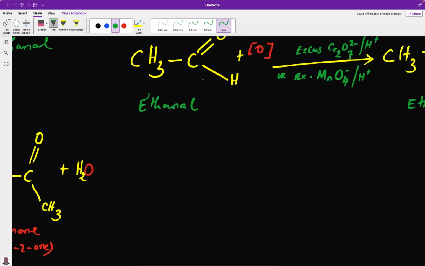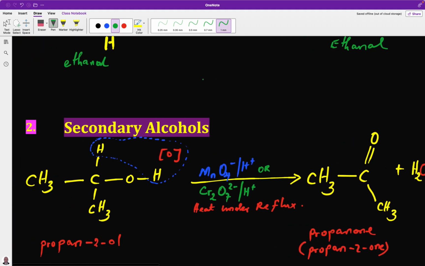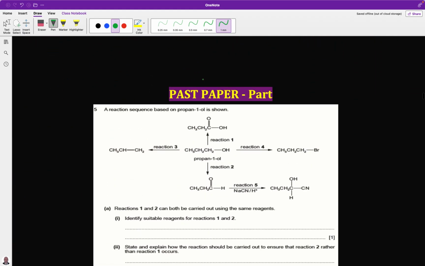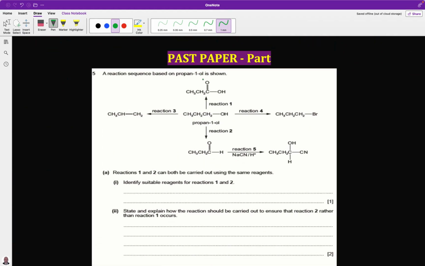Now the same question is here for you to answer. You are in the examination room. You are told, identify suitable reagents for reaction 1 and reaction 2. This is an oxidizing agent. This is reaction 1. The suitable reagent there is an oxidizing agent. And which is the oxidizing agent? We have two oxidizing agents. You could either use excess